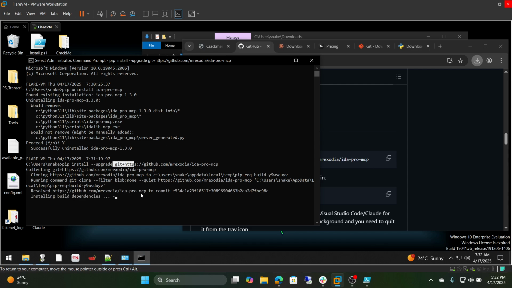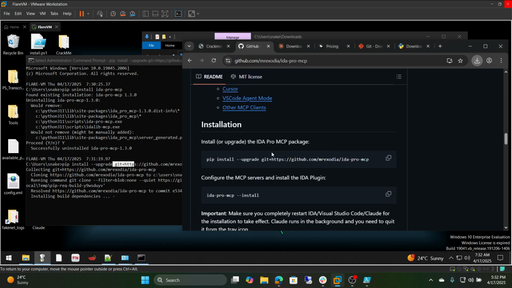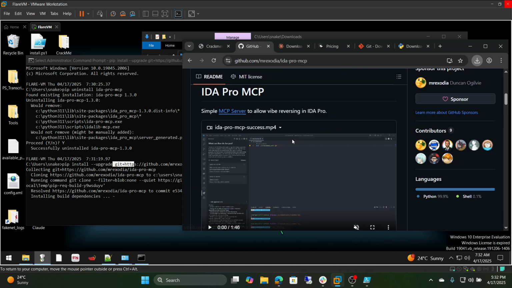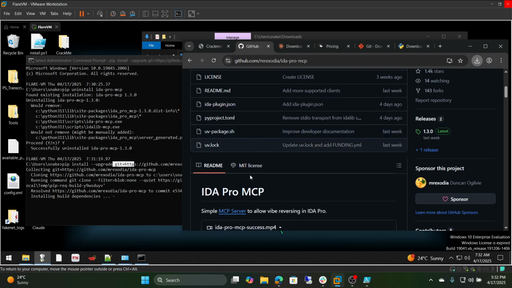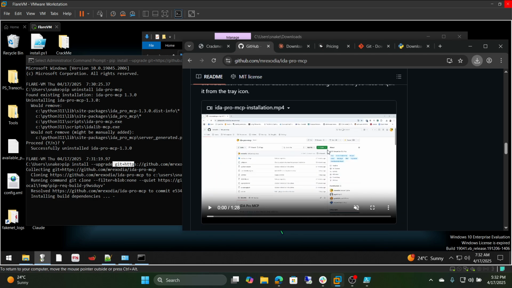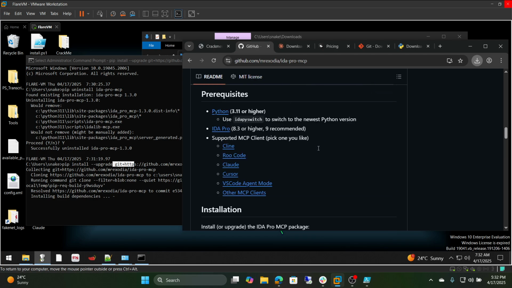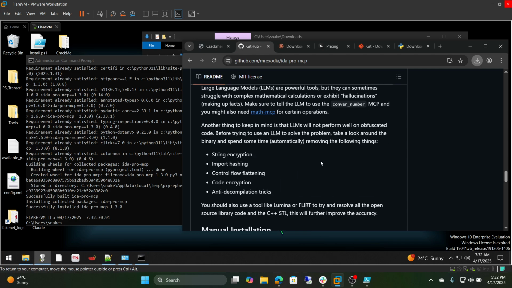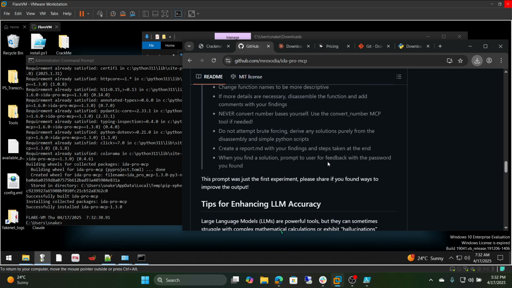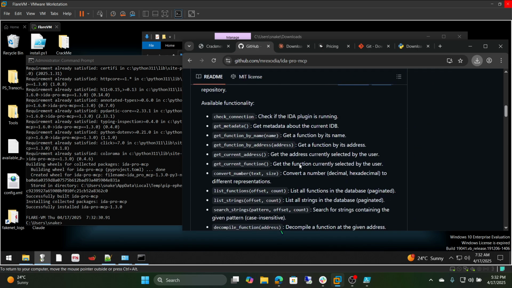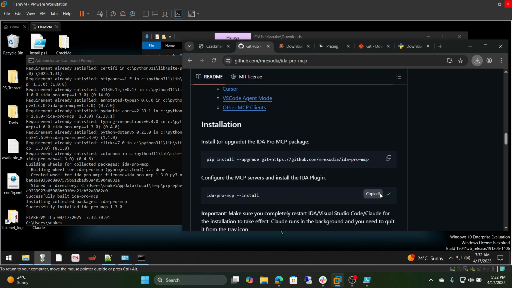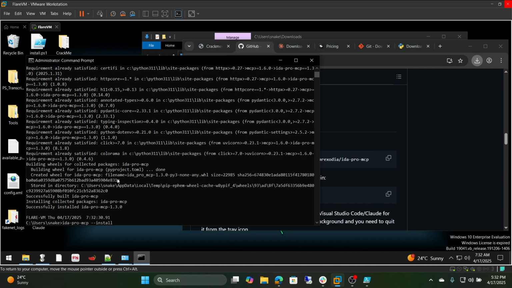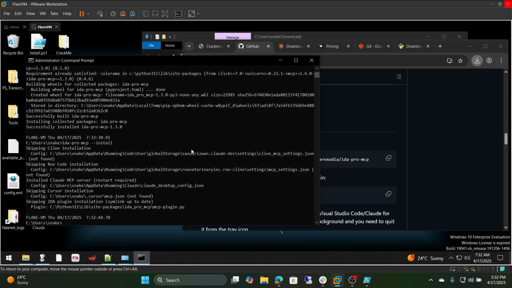So like I said, we're using Git technology to pull the MCP server Python files and the other dependencies. Okay, building dependencies. Okay, now let's see the other command. Where is it? Okay, pip. So ida-pro-mcp install. Gonna hit that in the command prompt,